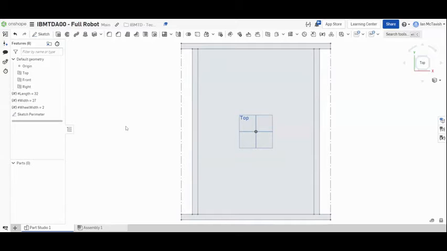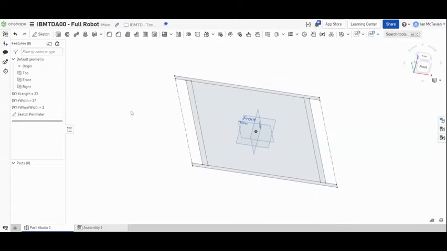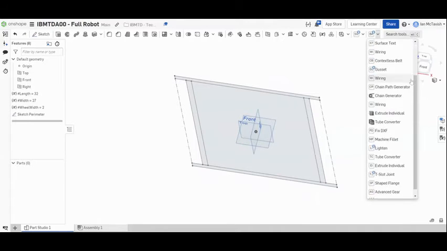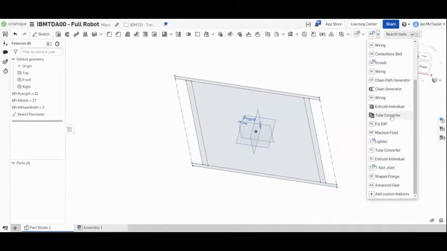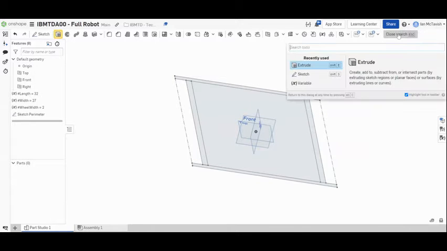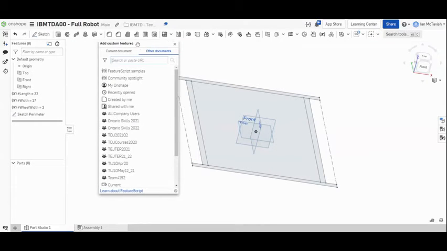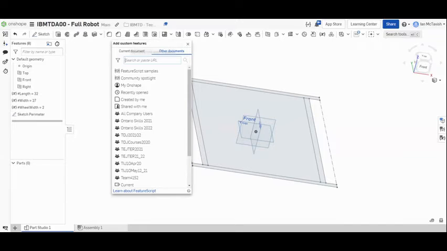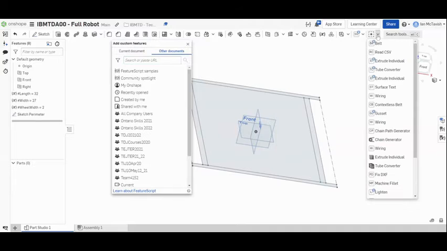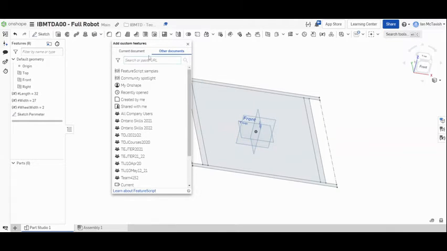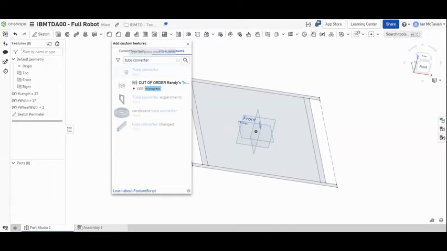Now, the reason we're doing this differently is we want to design a robot, and speed is of the essence. So what we are going to do is we're going to use something called a feature script. And again, under search tools, if you just type add, you can see there's add custom features. So when you do add custom features, you can look up different feature scripts, and we are going to select other documents, and we are going to look up a particular one called tube converter. So if I just type tube converter, and spelling matters,